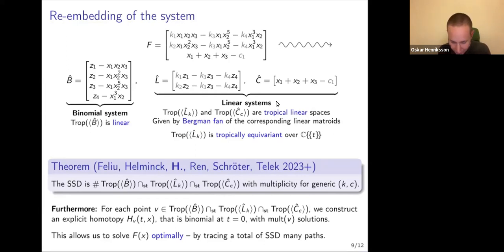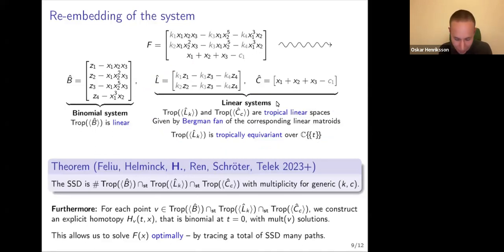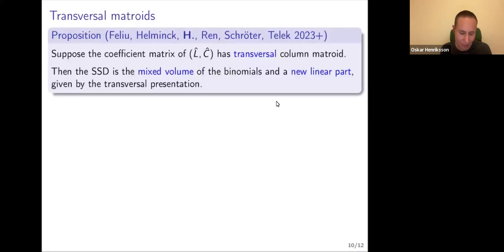Okay. In the remaining minutes, I'll explain maybe a slight subtlety, and that is how do we deal with this heavy computation? Because that's really what's limiting us. This 15 seconds that we had for the wind pathway are almost exclusively spent here. Okay, and for bigger systems, this starts to become a problem. And that leads us to the concept of transversal matroids. So it turns out that if these matroids have a certain combinatorial property called transversality, then the steady state degree